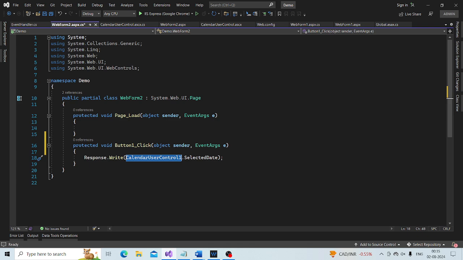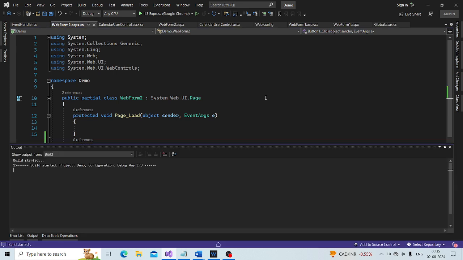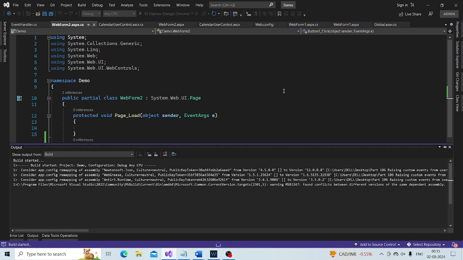So obviously, if I run this and click the button, that event handler method, which is button1_Click, is called.